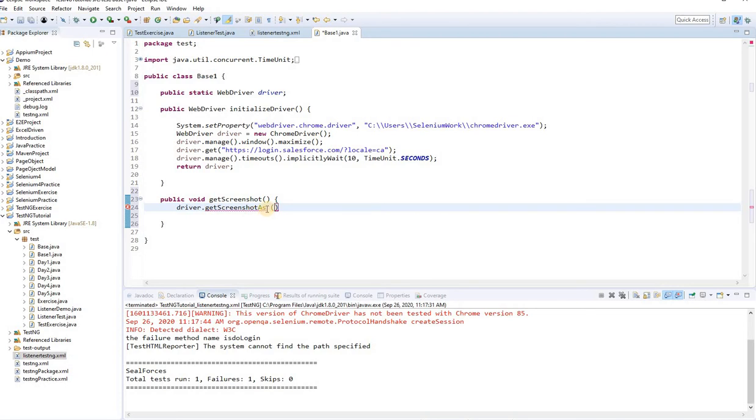It will take the screenshot as what type of file. When you take a screenshot, it could be a PNG or JPG file. It would be a file, right? So you have to declare the type of the file. So what type of file? So you have to type